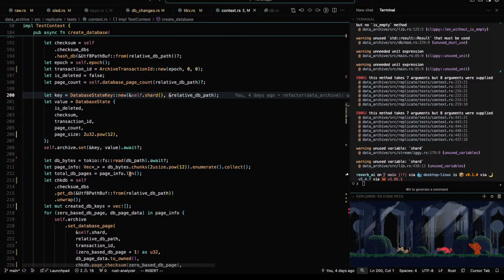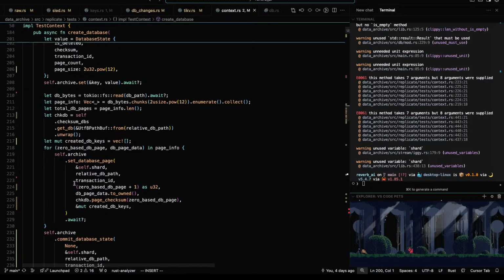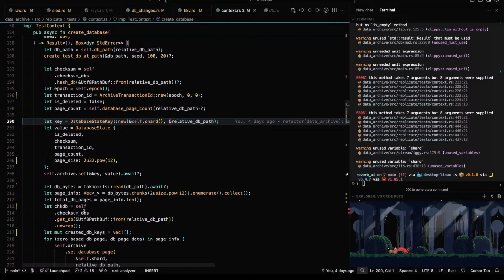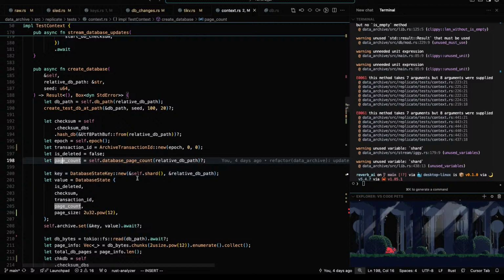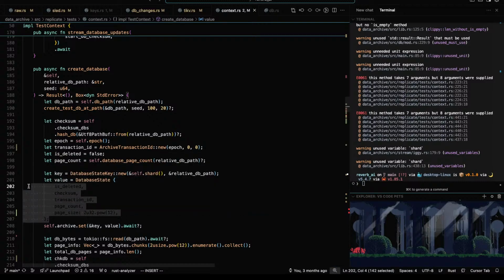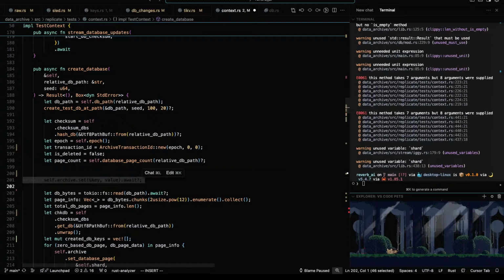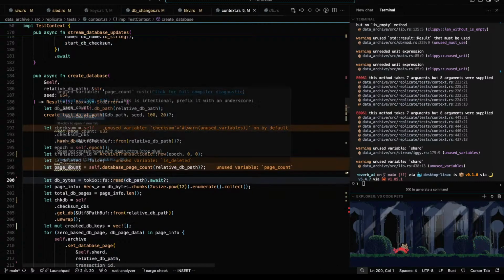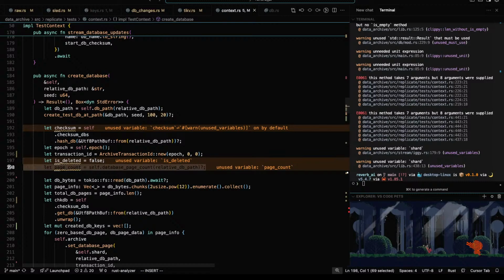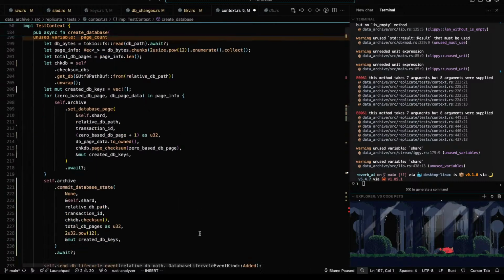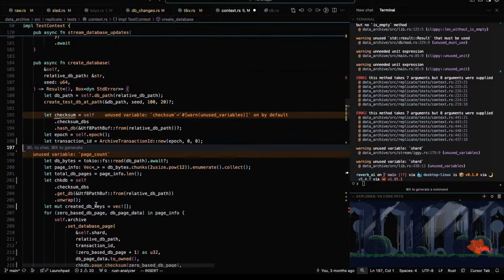Page info, I don't like. What is this page count used for? We're setting the database state. Yeah, okay. Database state key. Key is gone. Page count is deleted. No, because if we're committing it, you're not deleted.